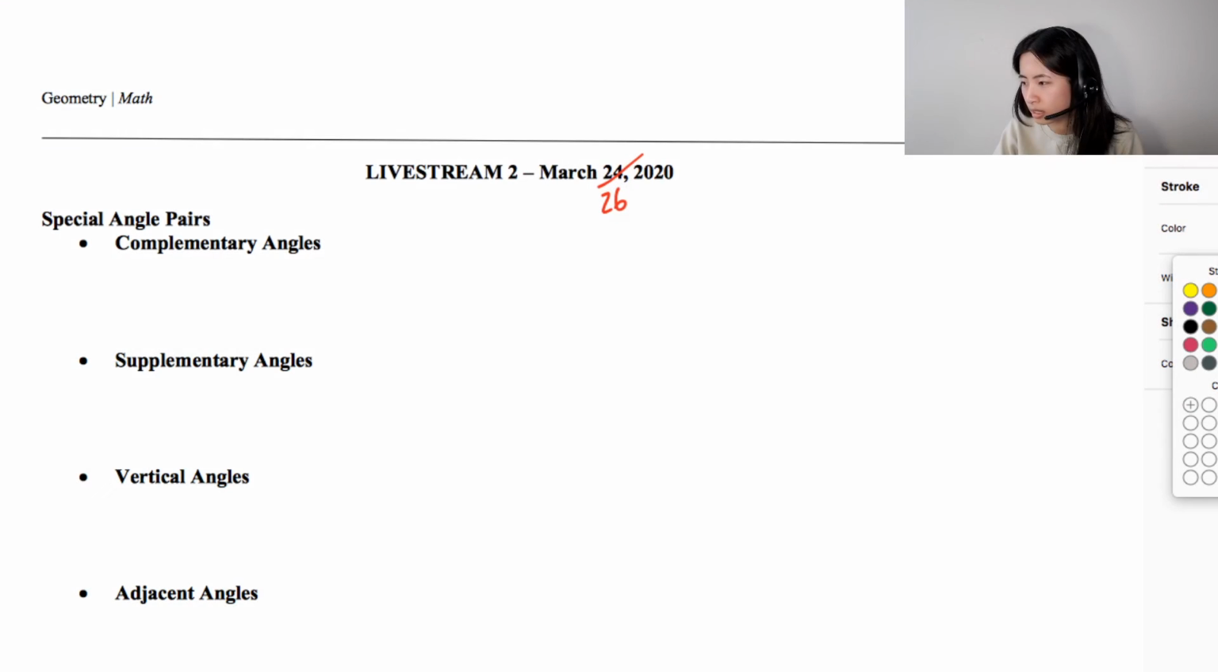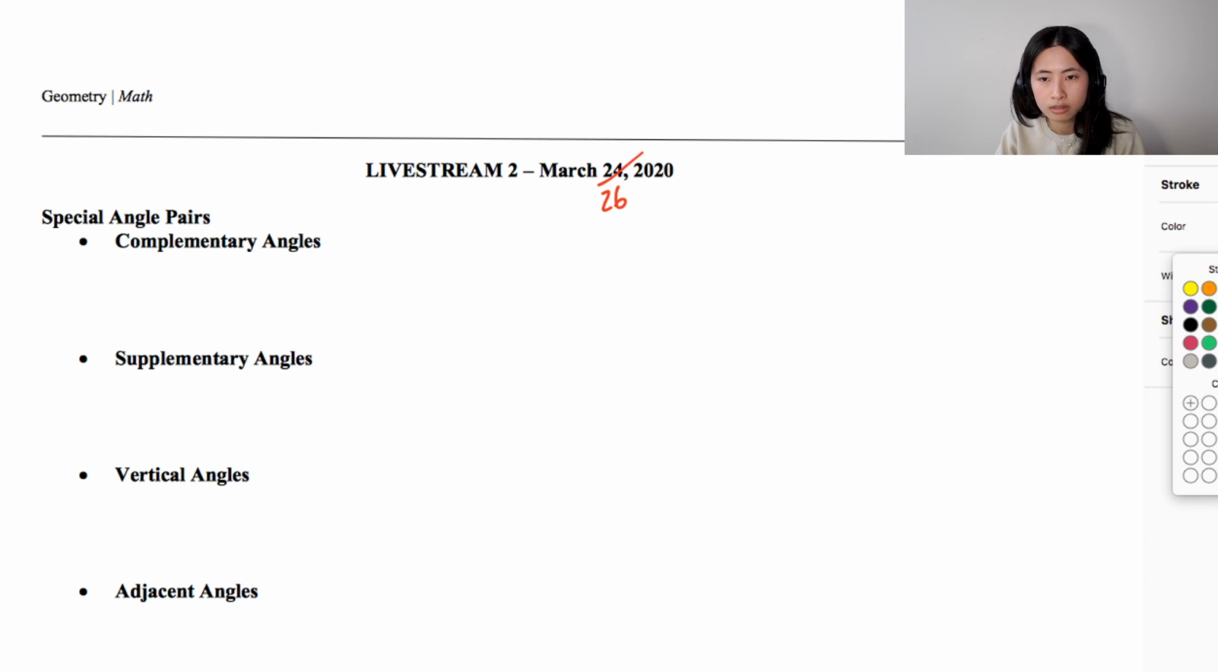For today's class, I will be going over geometry, so we'll go through special angle pairs and all of the examples. So before anything else, I just wanted to make sure that you guys are hearing me coming through, and also if you can see my screen. Okay, great. So going back to this, if you have special angle pairs,